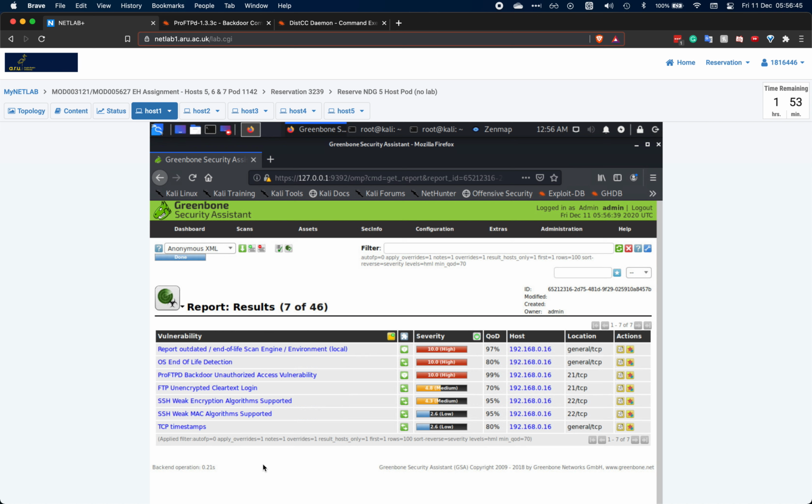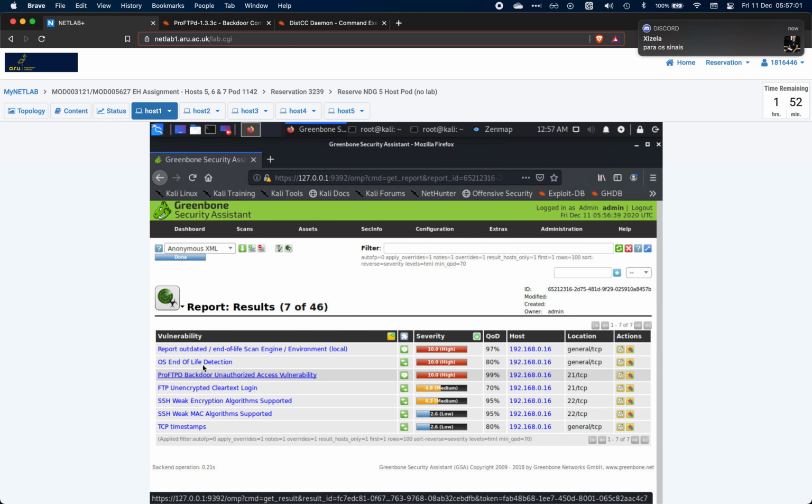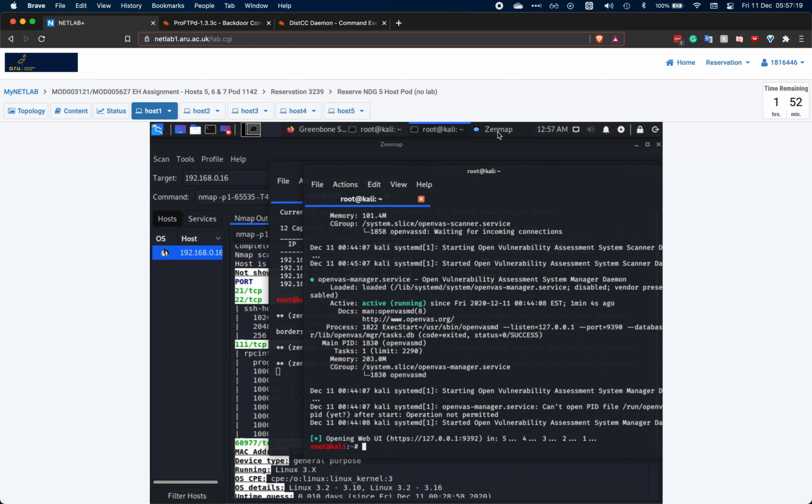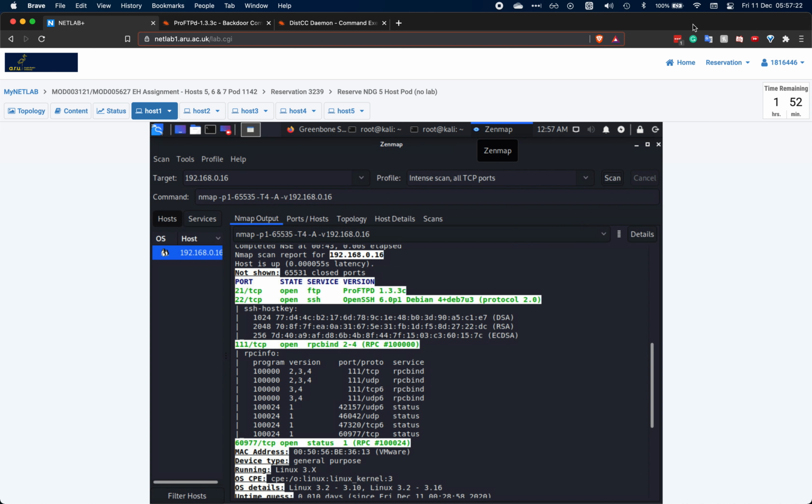In here we can see a bunch of vulnerabilities, but the one that caught my attention is this one, ProFTPD backdoor unauthorized access vulnerability. Why? Because on the ZenMap we had this one over here, and we can try to see if